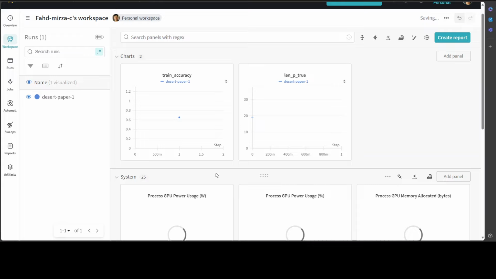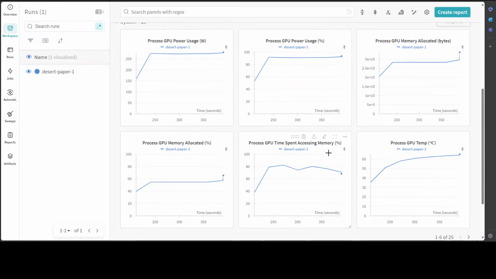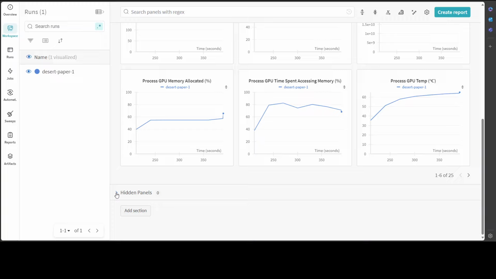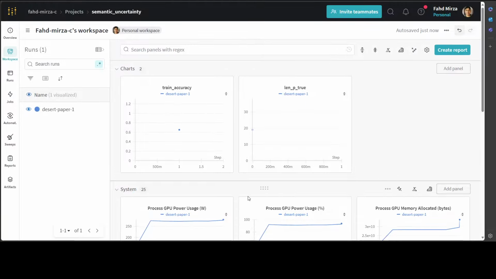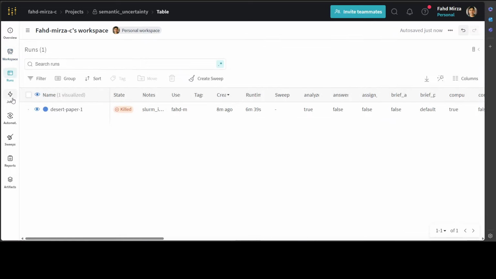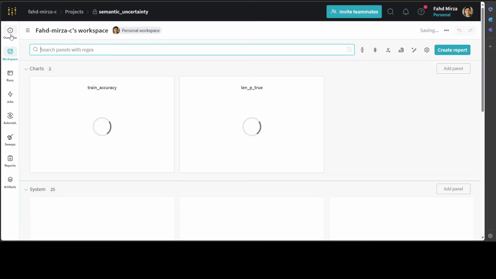And then if I open the system one, this is what it has used, the GPU power, and a lot of other stuff. Weights & Biases is awesome, and it hasn't populated the hidden panels as of yet. There is a lot of information which it populates when it really completes, and you can check your number of hallucinations and that sort of stuff if you are inclined to run it fully. And this is one more thing which you can check from here, when we ran it and all that stuff. You can also generate reports if you're inclined to, but because it didn't complete, I am not really generating the report at the moment. So all in all,